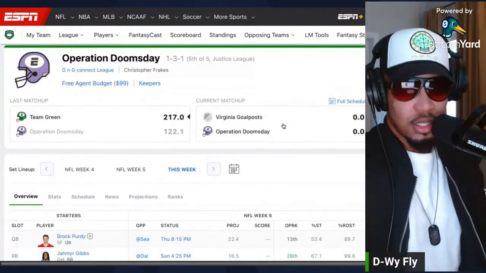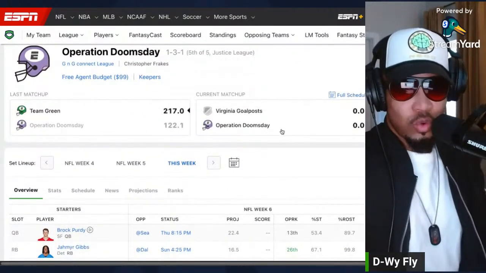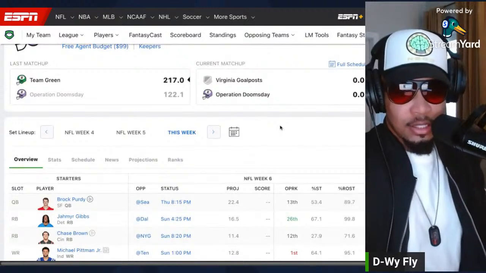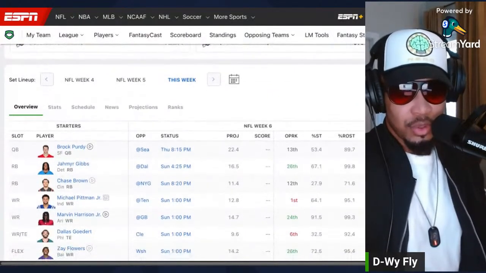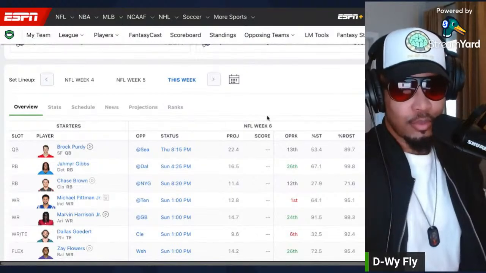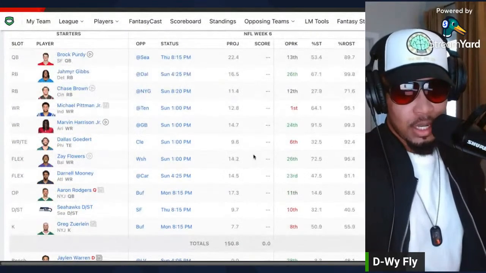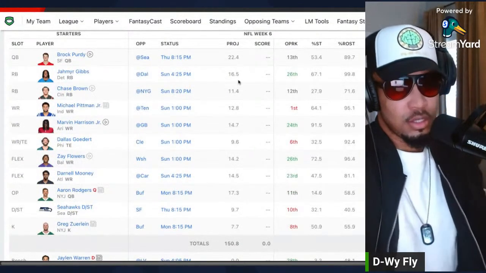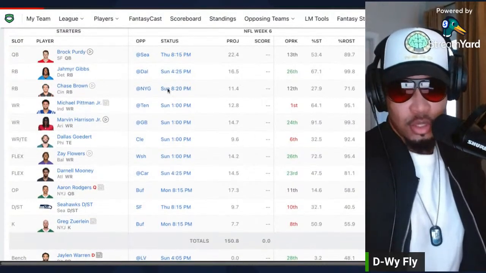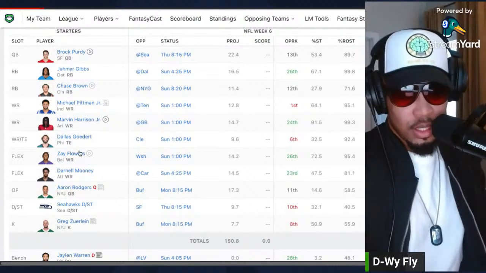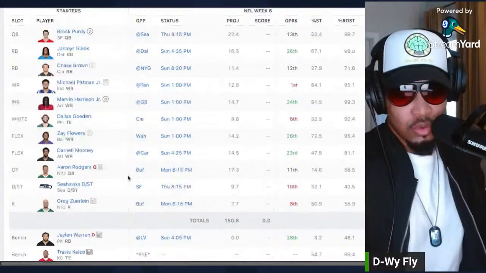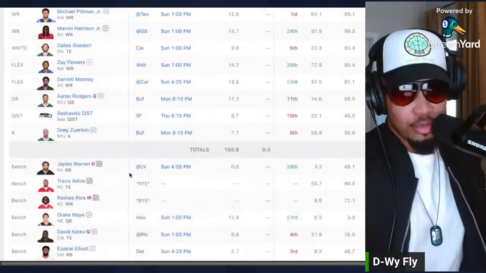Operation Doomsday. He's 1-3-1. He is the new guy in the league, but he is old in our life. We actually played with him in his league a couple years back, and he was gracious enough to join us this year. Let's take a look at his team, though. He's got Brock Purdy, Jameer, Chase Brown, Michael Pittman, Marvin Harrison, Goddard, Flowers, Mooney, Aaron Rodgers. So a lot of things have to break right.